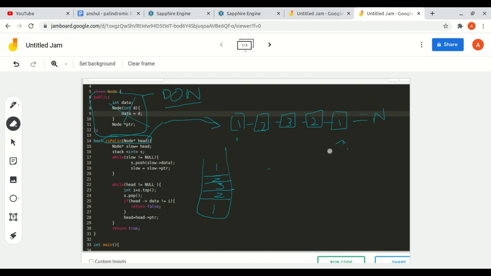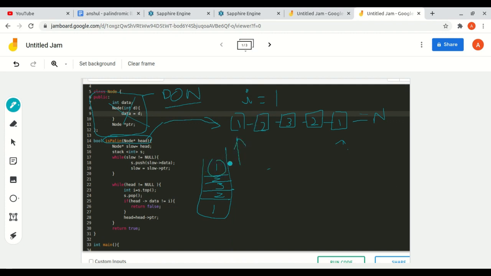So next part, the next while loop compares the topmost element with the current pointer which we are at in the linked list. Let me explain. We take a variable I and we first store the first element in I, which is 1, and compare I with the topmost element of the stack, which is 1. These are equal, we just continue.